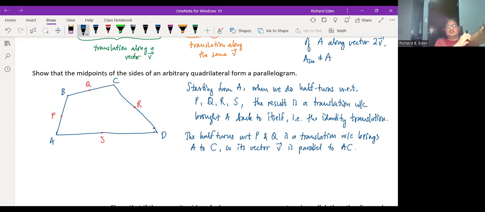And furthermore, this vector, as its vector V is parallel to AC. But then